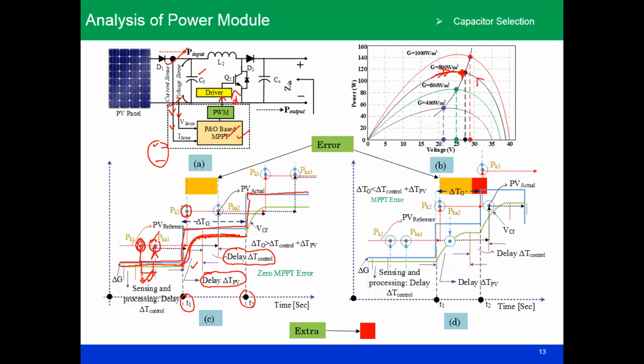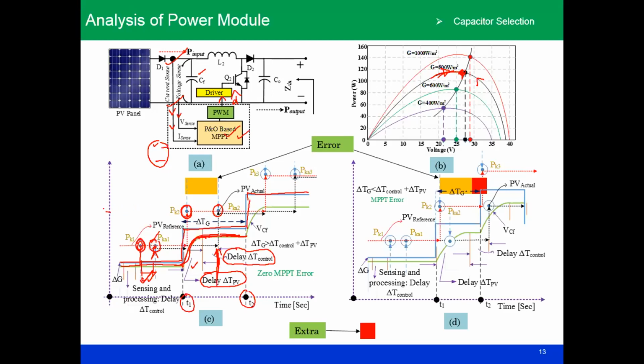So therefore, you have the new power point PK here. And after this processing delay and all the system delay, your capacitor voltage settles to the new PMPP after the algorithm. So what happens at that particular point is you have the new power point. So basically, it is tracking the maximum power for every irradiation. But what about the energy loss?